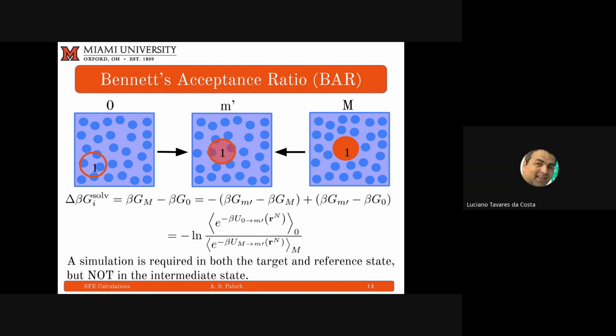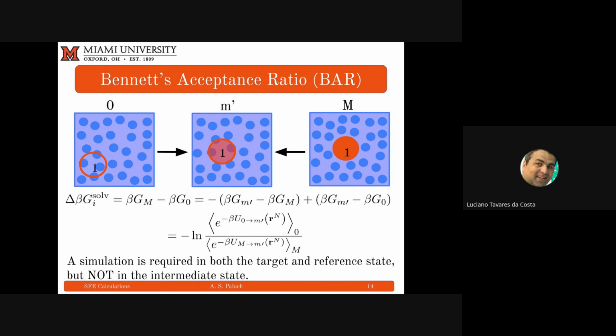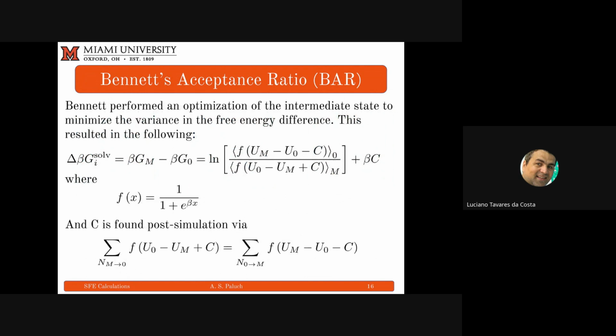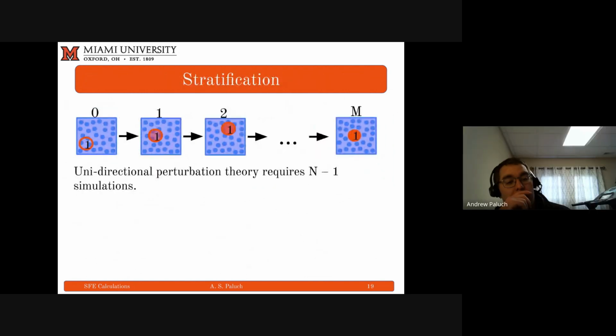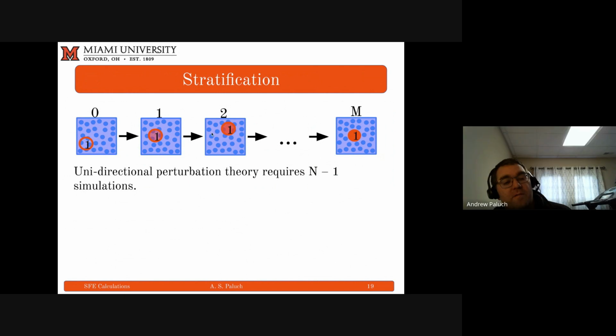So BAR, and then MBAR, also fall into the perturbation bucket in terms of how they're using that information. In this sense, what would be, for example, the difference between BAR and multiple-stage MBAR? Yeah, so the difference between BAR and MBAR is just in terms of the amount of data that's collected